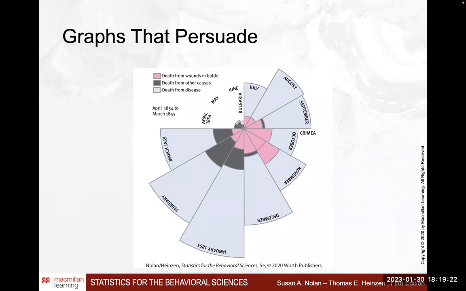In addition to that, you have a time series. The time series shows data as a function of time. If you start from April 1854, you go all the way around and get to March 1855. So this is a time series, usually shown in a Cartesian format, not as a pie, but here shown as a pie. Each of these slices shows you the death counts,